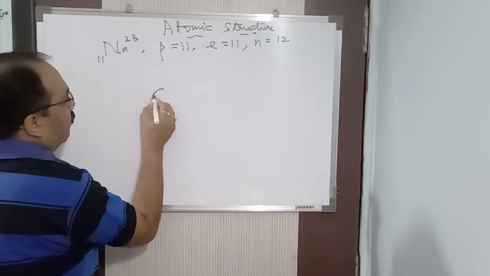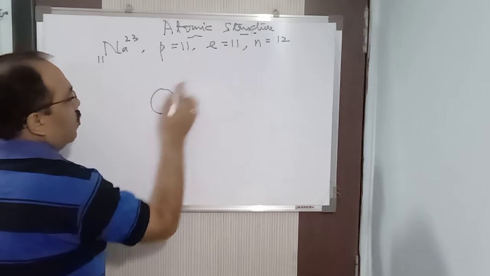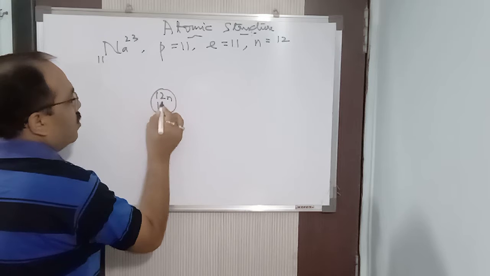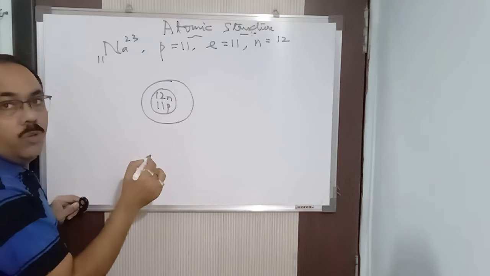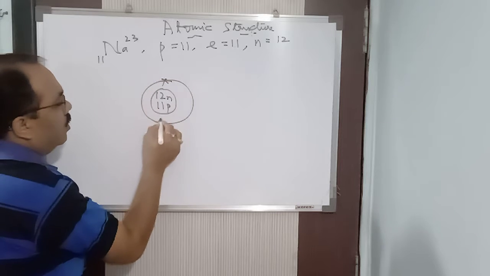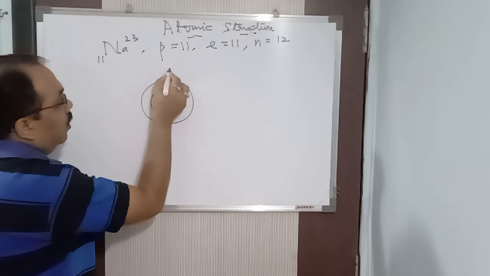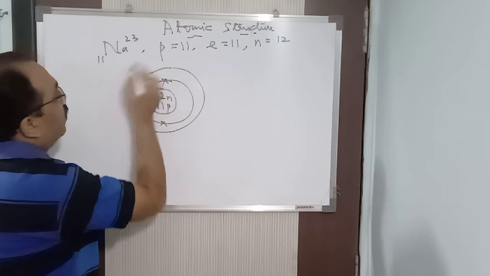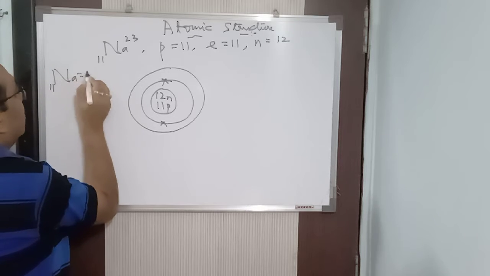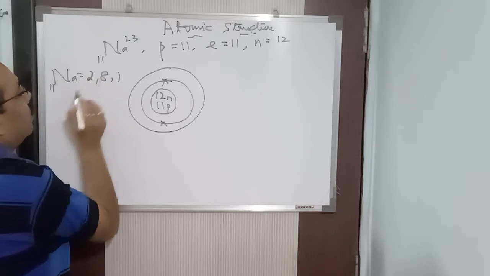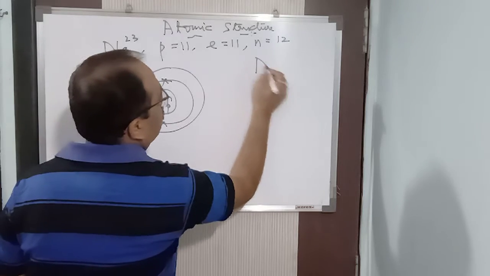So how will I draw it? First, the nucleus, which consists of protons and neutrons. So 12 neutrons and 11 protons. The first shell consists of 2 electrons, you can see the first shell 1, 2 in this way. You can put a dot or a cross also, as you wish. It's up to you. So write the electronic configuration, that's better, so you will understand it. So 2, 8, 1 is the electronic configuration, isn't it? 2, 8, 1. Let me write this on this side because I will get the space.